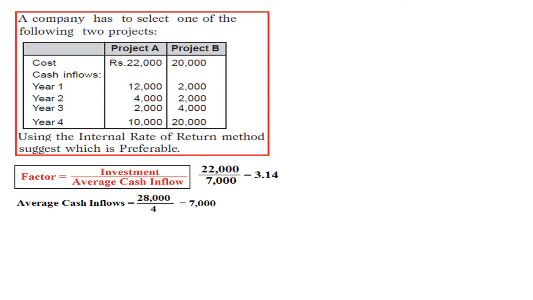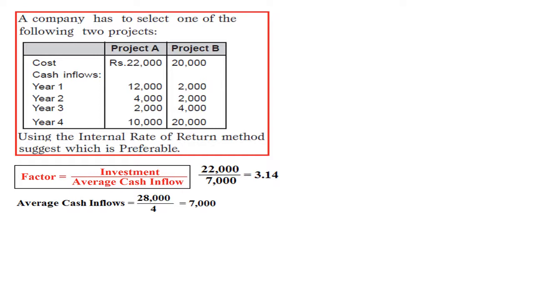This factor is to be located on a present value of annuity table by taking 4 years as base. So I did not do that process, right? Here I am unable to show it by locating the factor on a present value of annuity table. But bear in mind, this step you can skip, one need not calculate it. This gives us only a vague range, not the exact IRR, right? Just a vague range it will give. It may be, it may not be, right? That's the reason why this step you can omit.